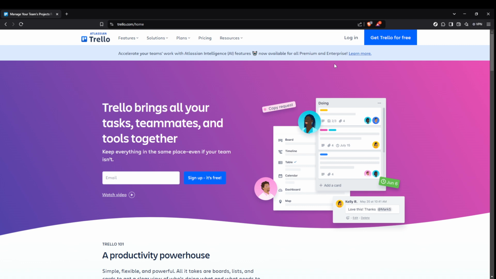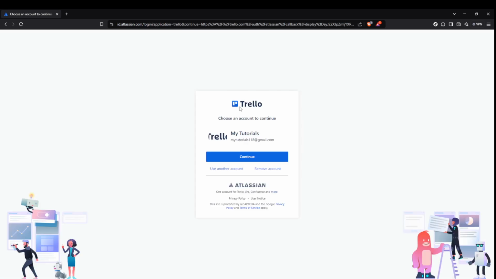First, open your preferred web browser and head over to Trello.com. This is where it all begins. If you haven't logged in yet, you'll need to do so to access your boards and make changes. You'll find the login button prominently displayed, usually at the top right or towards the center of the homepage, depending